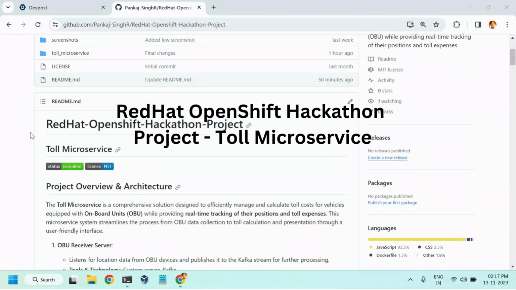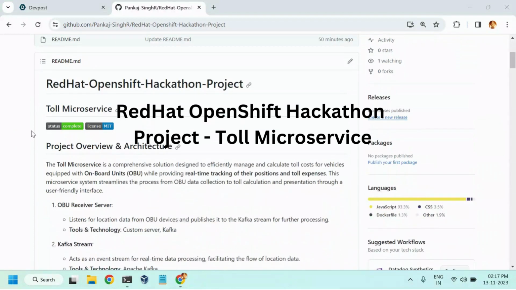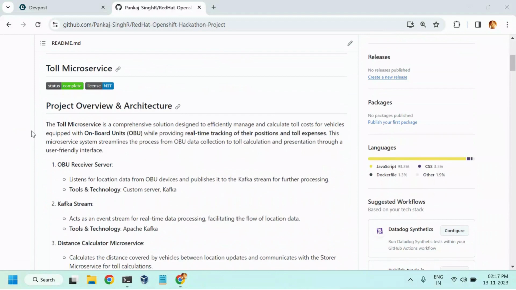Hi, my name is Pankaj Singh, and this is our RedHat-Openshift-Hackathon-Project called Toll Microservice. Toll Microservice is a comprehensive solution designed to effectively manage and calculate toll costs for vehicles. Each vehicle has an OBU device equipped in it, and this microservice provides real-time tracking for their position